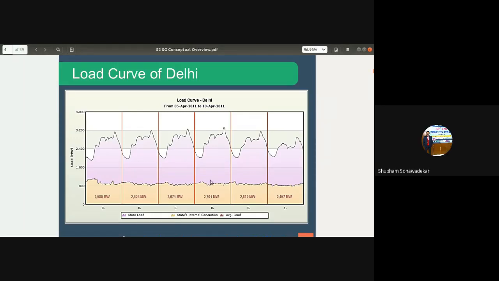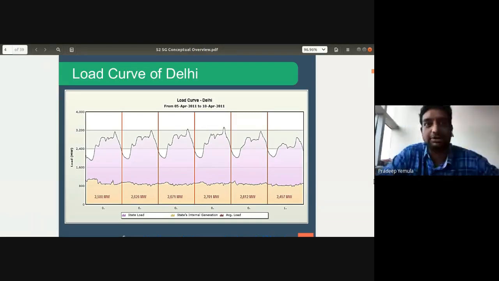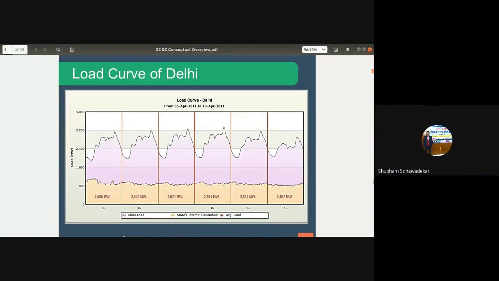Sir, it depends upon the load, sir. Yes. Is my question clear? So the answer I heard is it depends upon the load. The load is shown on the screen. The load is not constant. So the minimum load is 1800, maximum load is 3200. So how much generation capacity do you want to have? Sir, we can use multiple generators, depending upon that, so that we are able to meet the demand. According to load demand, if it is more, then we can switch on the generator which is having the capacity.